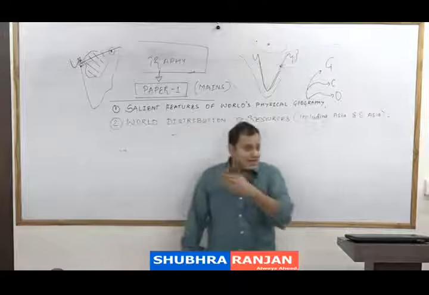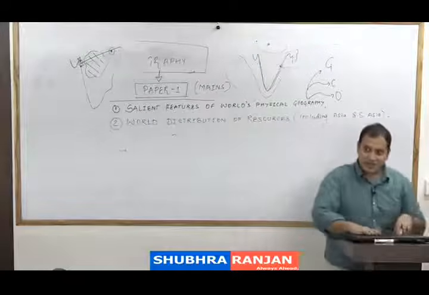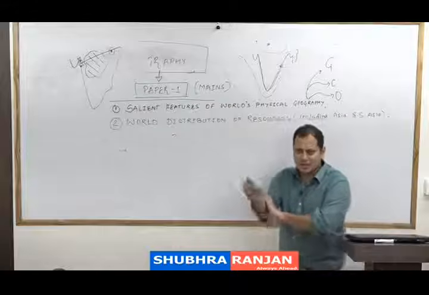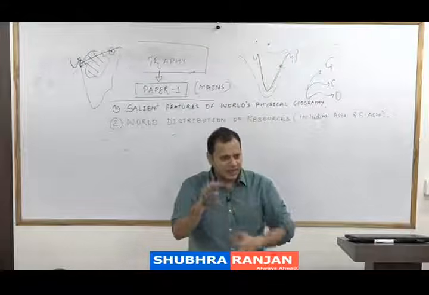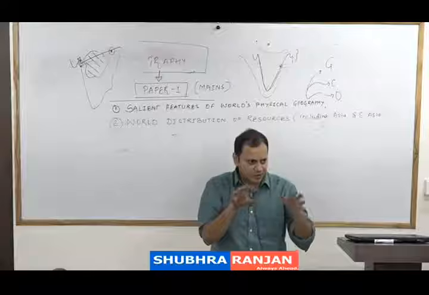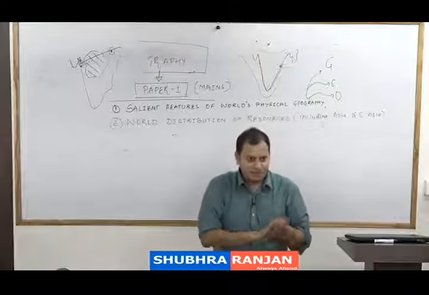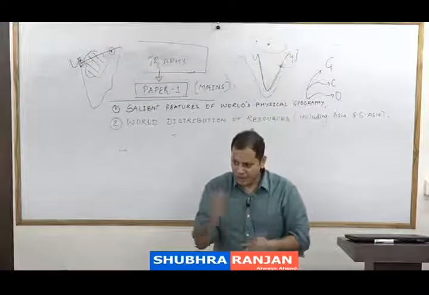And lastly, there comes another industry which can be set up anywhere, because it is not based on the raw material. Such kinds of industries are known as footloose industries. Example, electronic goods industry. Example